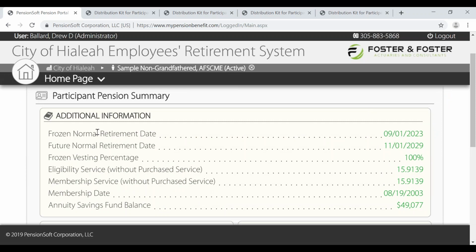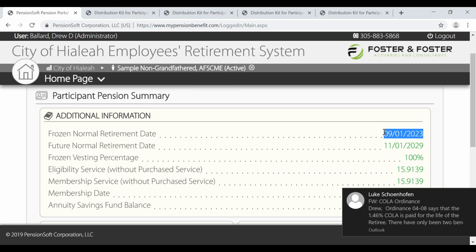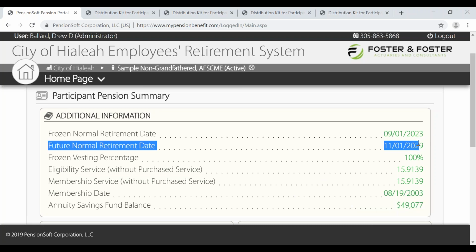Again, under the pension summary, now we have quite a bit of different information and more information for this member, because we show the normal retirement date for the frozen benefit piece, the normal retirement date for the future benefit piece, the vesting percentage on the frozen benefit, and of course any other information based on service and the annuity savings fund balance. So here you can see that this member's frozen normal retirement date is September 1st, 2023, and the future normal retirement date is November 1st,